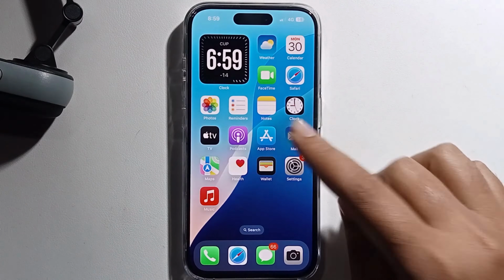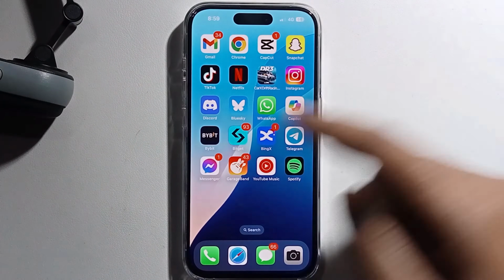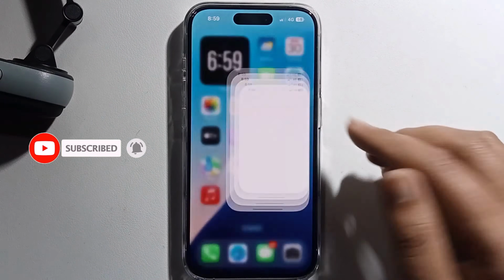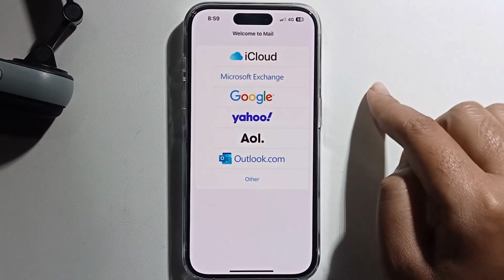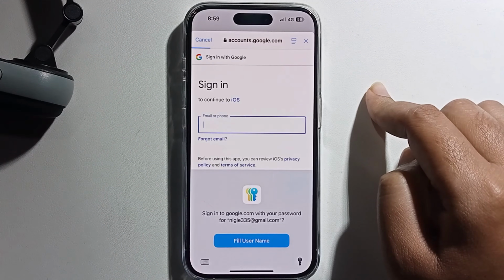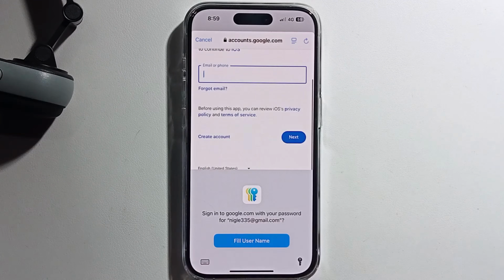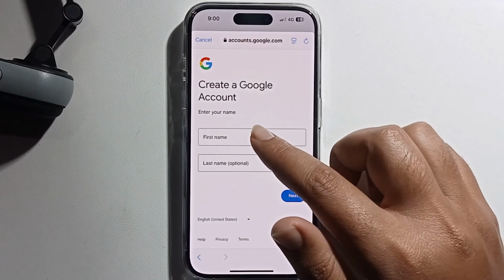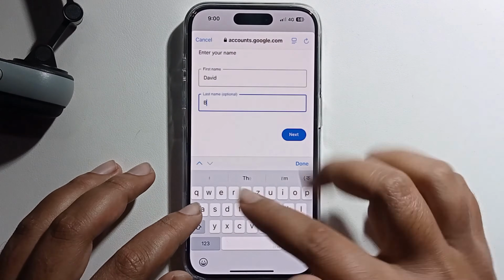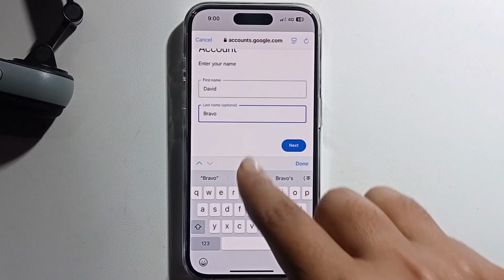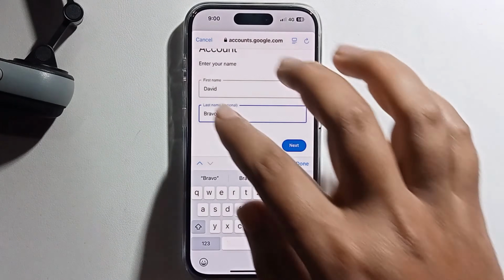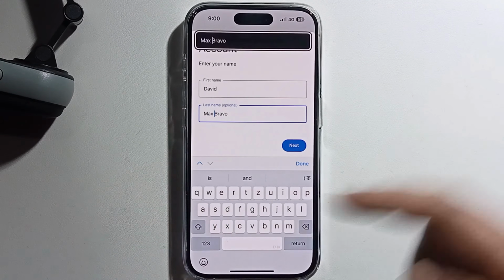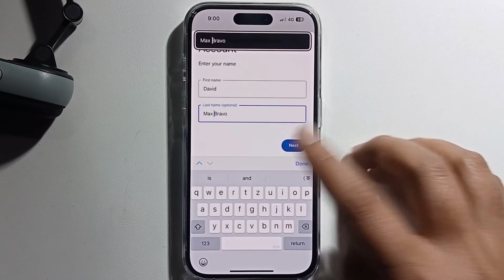At first, open your mail app, or if you want to use Gmail, I'm opening my mail app using this. Click on Google. Okay, and then it's showing you to create an account, just click on it to enter your first name. Enter your first name and last name, or if you have a middle name, add it. Okay, press next